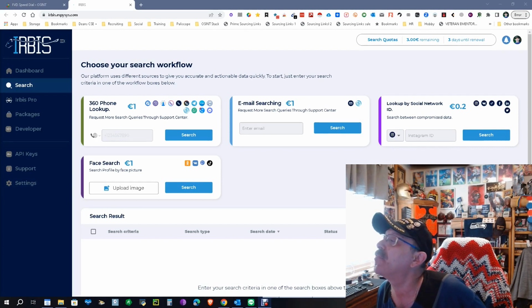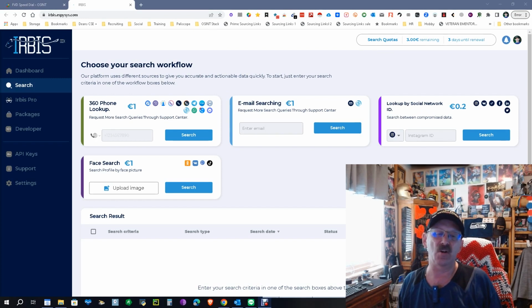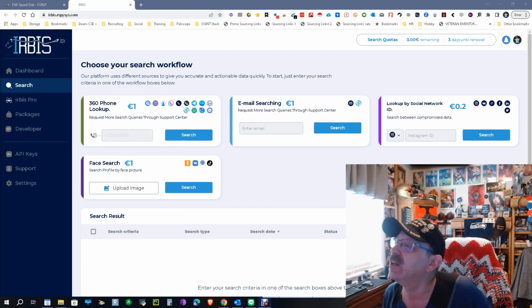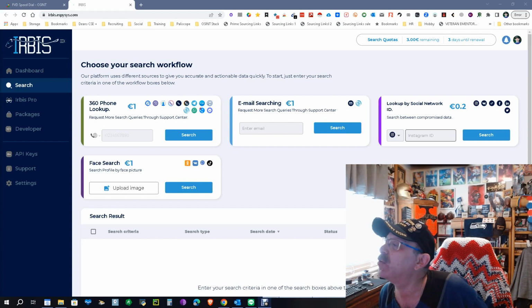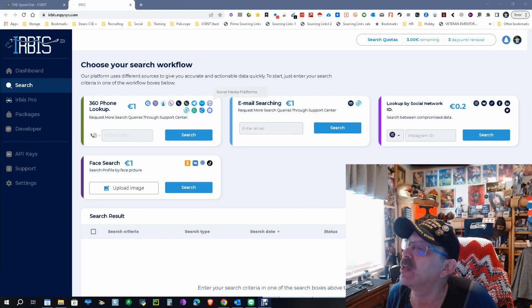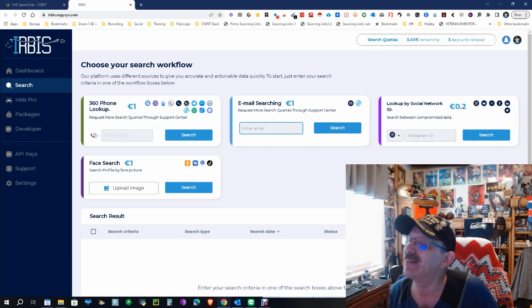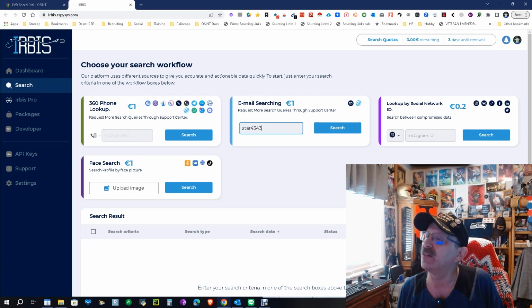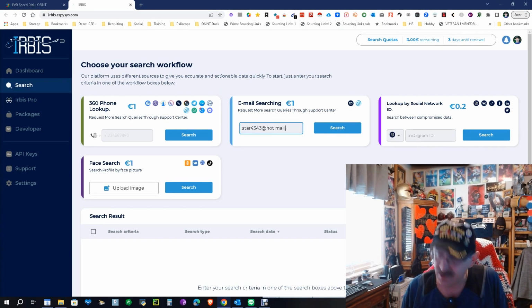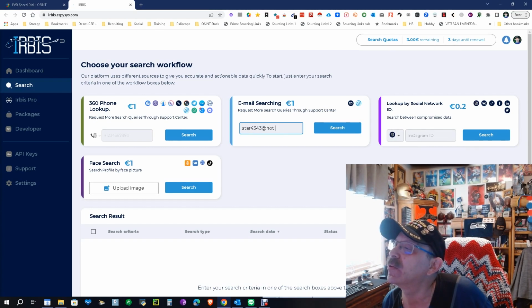I currently have 3 credits. In 3 days, I'll get the 3 again. I'm on the free version. There is a paid version, so you can get more credits than this, but I'm not going to do that. Let's see, what would be the cheapest? The lookup by social media search seems to be the cheapest, but I don't mind looking up any of these. We'll do the email search, because I don't really mind using the credits since I'll get more.